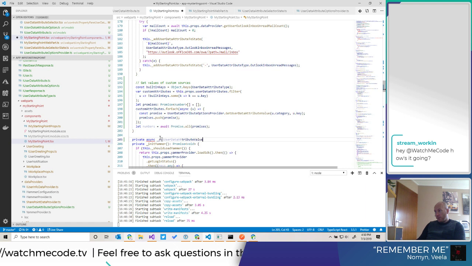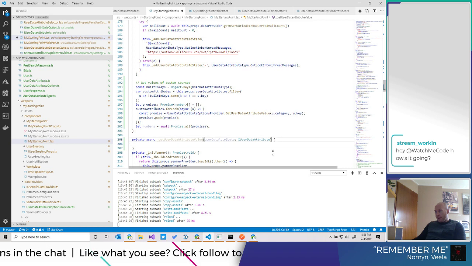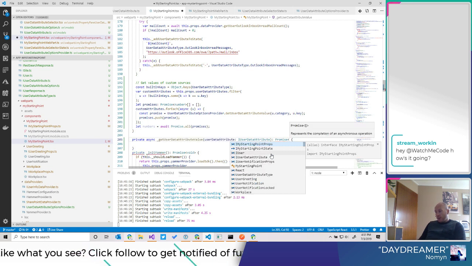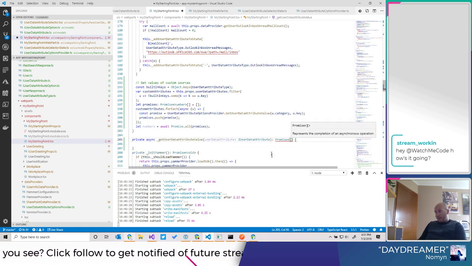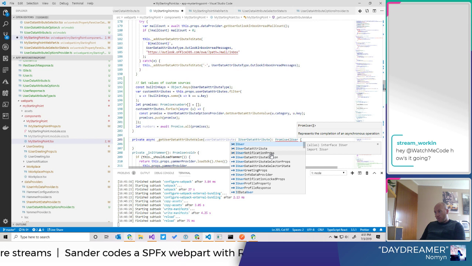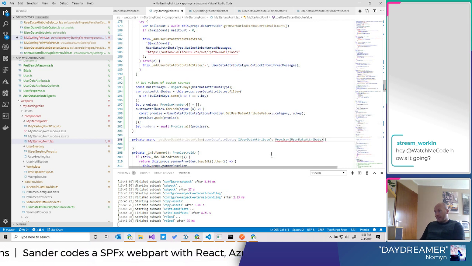Attribute value for user data attributes, type data attributes, and this will return a promise of type user data attributes. That sounds about right.